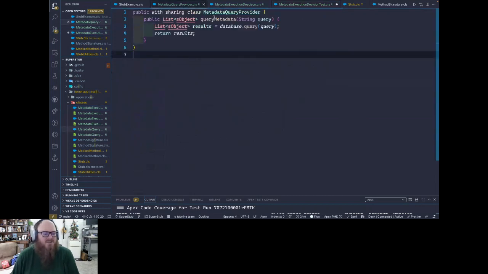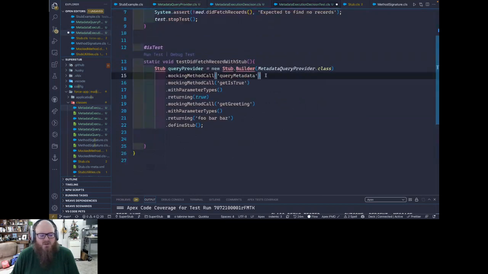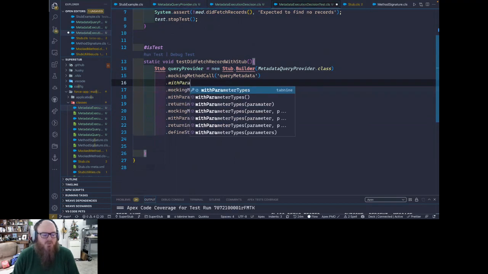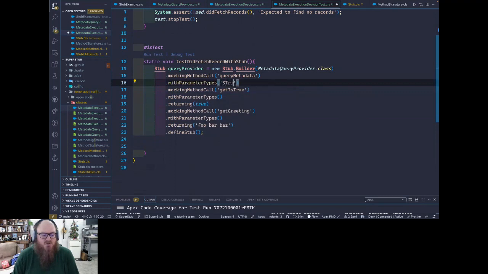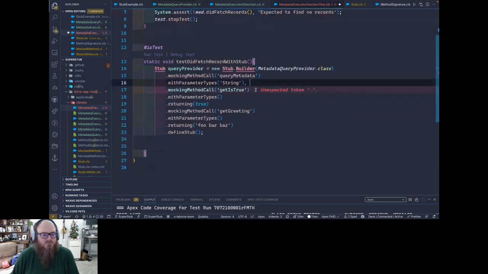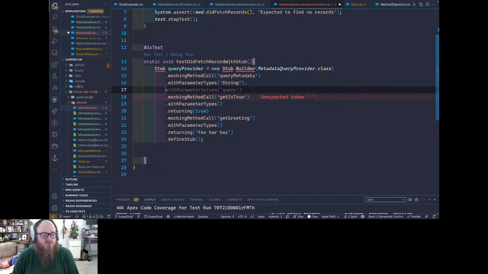What did I call that? Query metadata. Okay. So we're going to mock that query metadata. We're going to say with parameter types String. Why? Because our metadata query provider takes a string. Okay, not a comma. And we're going to